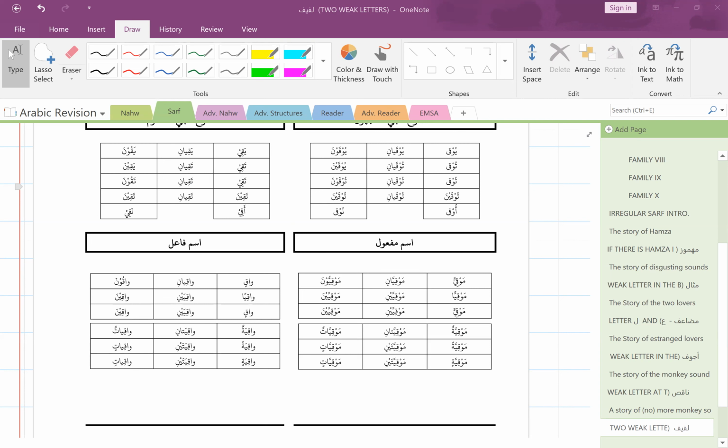I would advise go naqis. If you have to bet on anything, go naqis. I'm sure you'll land on a safer spot, because muda'af is going to mix you up. Even when I check in my sarf, they are using naqis mostly, as opposed to muda'af. And I find naqis easier for this particular word. Because when you do muda'af, you remember you were saying a lot of EU and EU and it just didn't sound right. It sounded off.